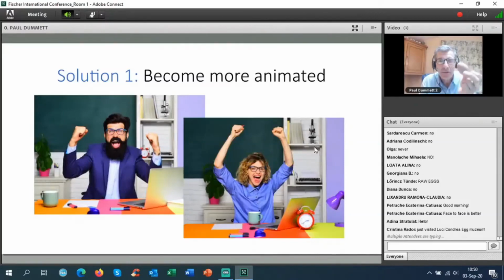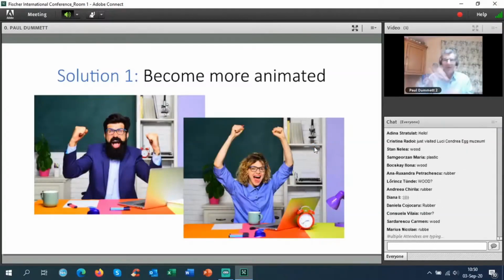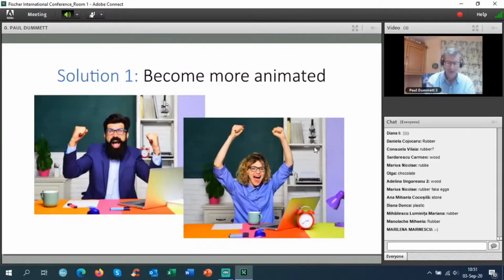It looks like an egg, but it's made of... Somebody just visited the Egg Museum. Good. Yes, it's made of rubber, plastic, in fact. And he plays this trick on me all the time whenever he comes here. He pretends to drop the egg, and I think, oh no, it's going to break, it's going to break. I have to pretend that I think it's a real egg. Okay, good, good. So that's the first thing, to become more animated, just to add,